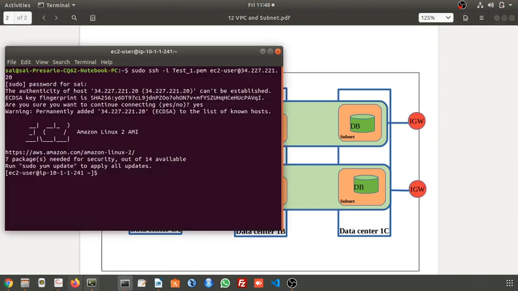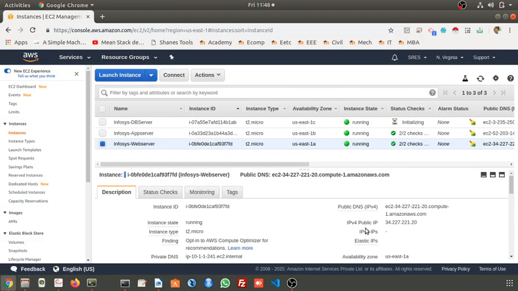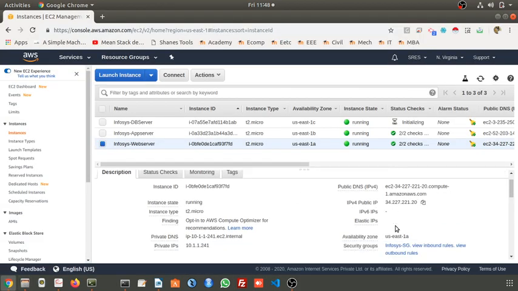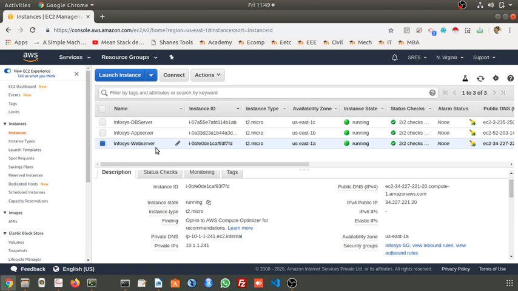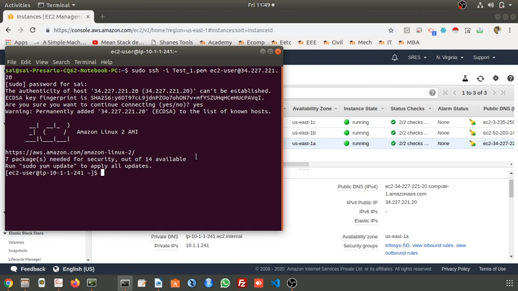Okay. See here. When you access through this public IP, it will first be redirected to this 10.1.1.241. It means if you connect through this, the packet will internally be converted to this 10.1.1.241. Which machine has this 10.1.1.241? The web server. So your request will go to that web server. Similarly, we will connect to the other machine.